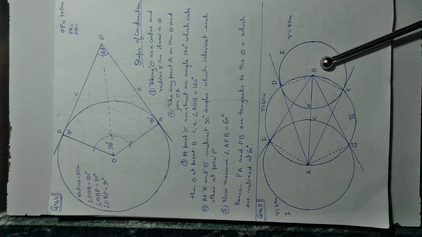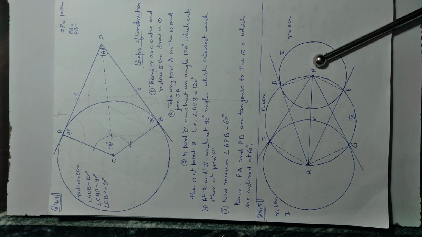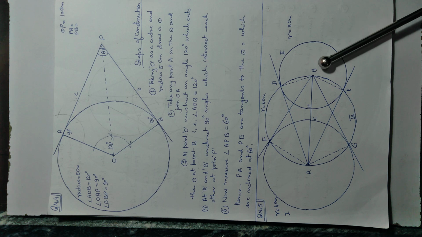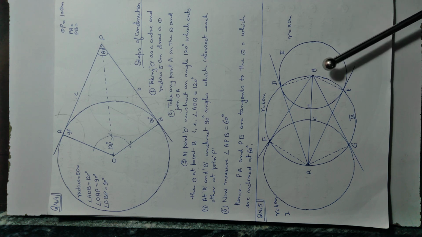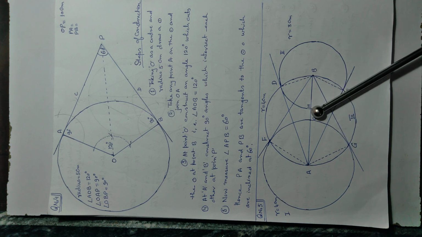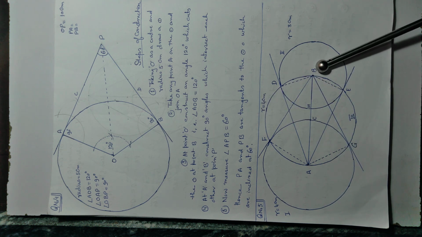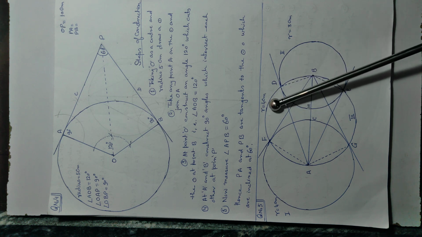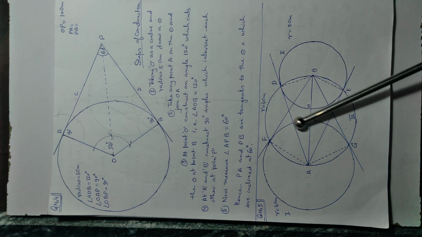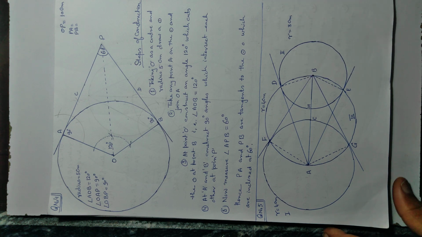उसी तरह से B से BF और BG, these are the two common tangent from the point B, that is the center of the second circle. A is the center and is the midpoint in between. The AB length is 8 centimeter, so taking the radius equal to 4 centimeter, the third circle has been drawn. Let us proceed to the steps of construction.